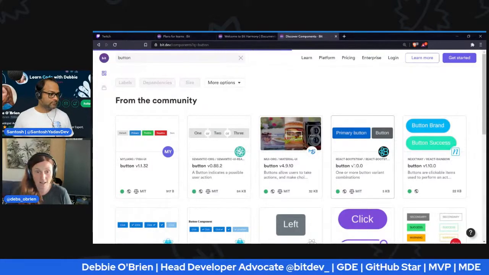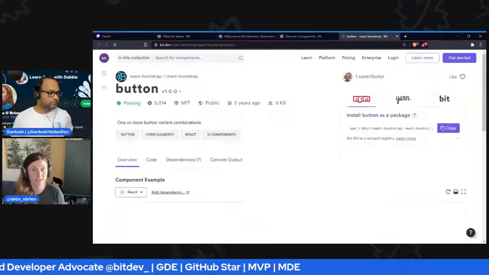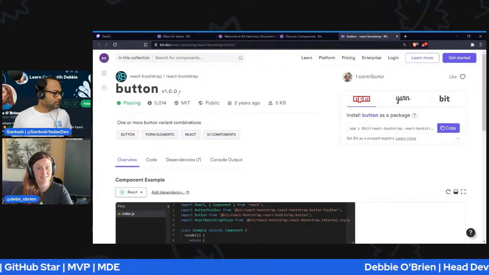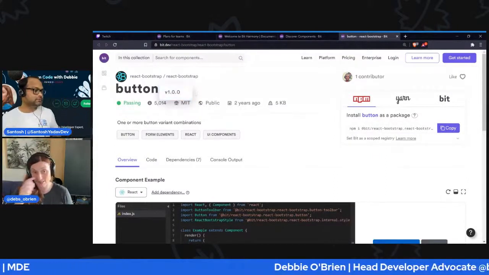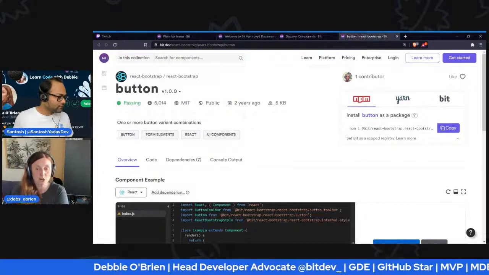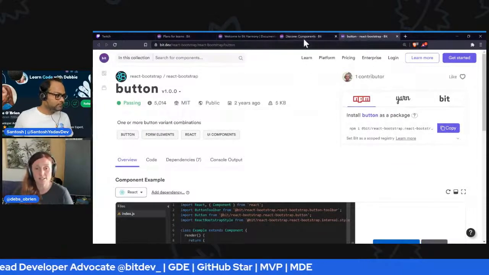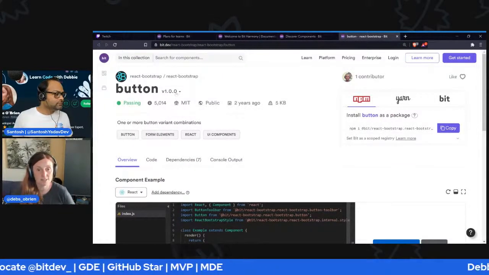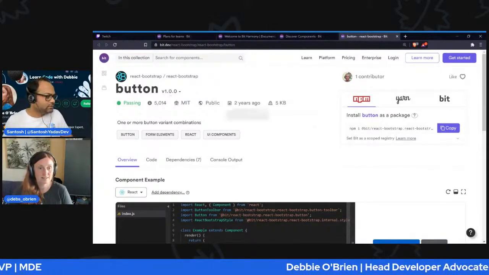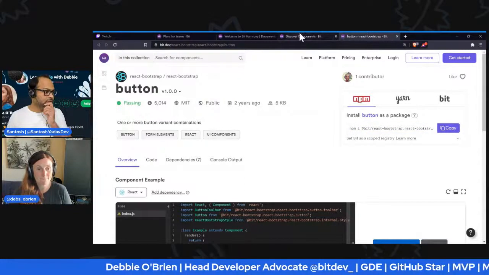Just make sure that they're on the right version, because we have different versions of Bit, right? You can see the version changed, and that's the old version, not the Harmony version, because the page you saw there was different. So if you want to use the Harmony buttons and components, then you should use the Harmony one. Okay, so this is React Bootstrap. So they are available here. Okay, so I can just go ahead and install it.